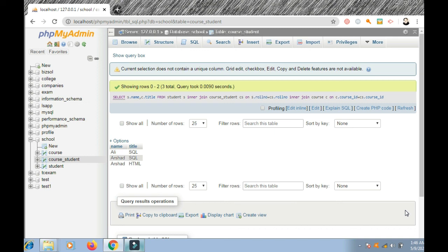So inner join course C, on primary key C dot course ID is equal to CS dot course ID. And I should delete this.